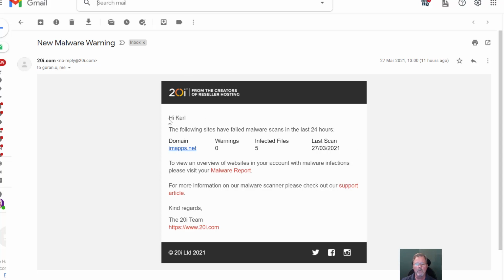I'm not sure how, yes, probably yours looks exactly like this. So it's a new malware warning. Pay attention to this. I beg you, do that, because it will save you a lot of work, and I will explain why. In this case, 5 infected files were found in imaps.net. And what do we do in such a case? Well, there are several things you can do, but what you start with is